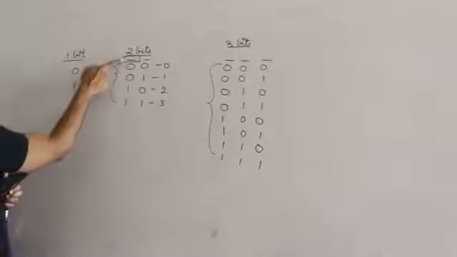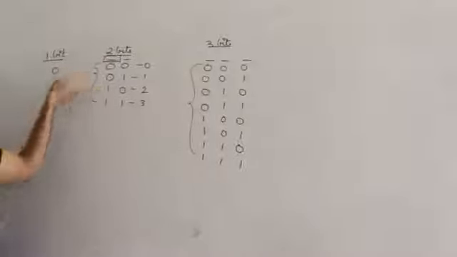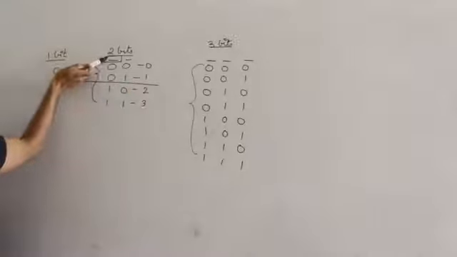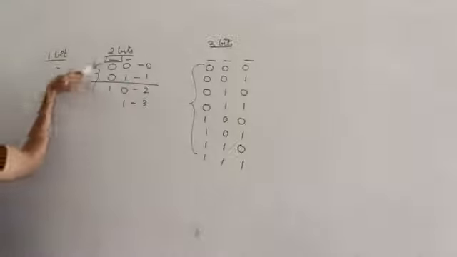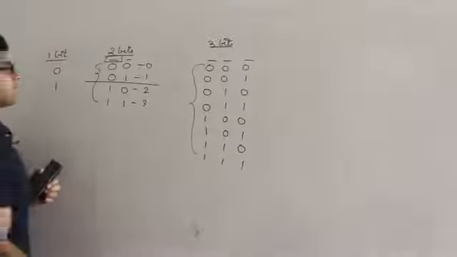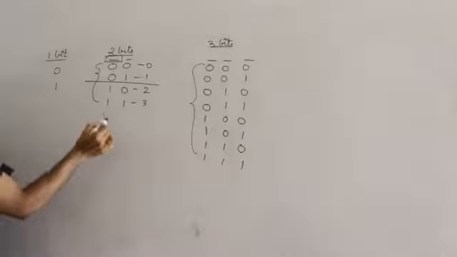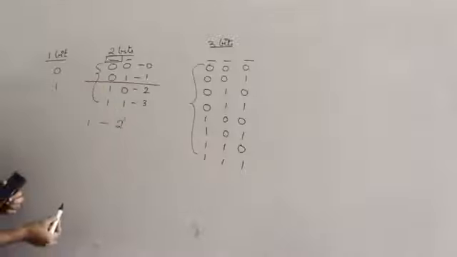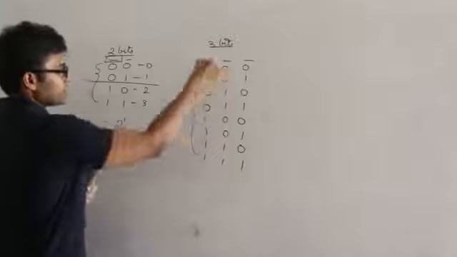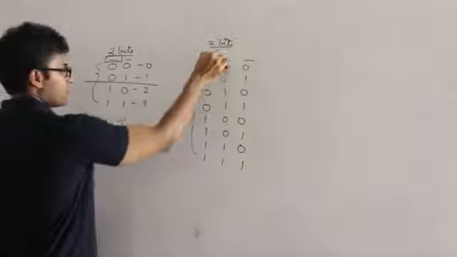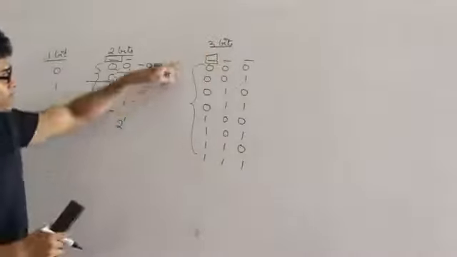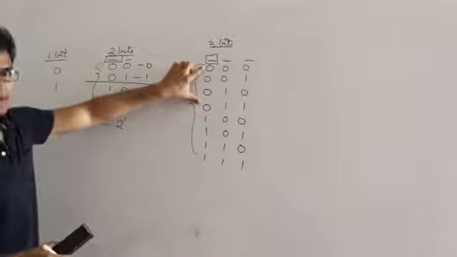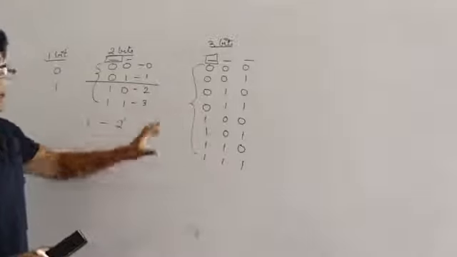If I choose one bit, I am dividing the entire space into 2 parts. One part contains all zeros in this selected bit, and the other part contains all ones in the selected bit, isn't it? Now in this space also, just check it. If I choose one bit, the first bit, I'll be dividing the entire space into 2 parts. One space will be having zeros in the selected part, and the other space will be having ones in the selected part,